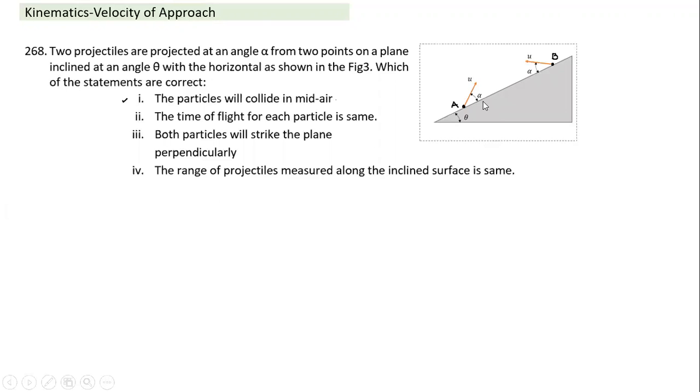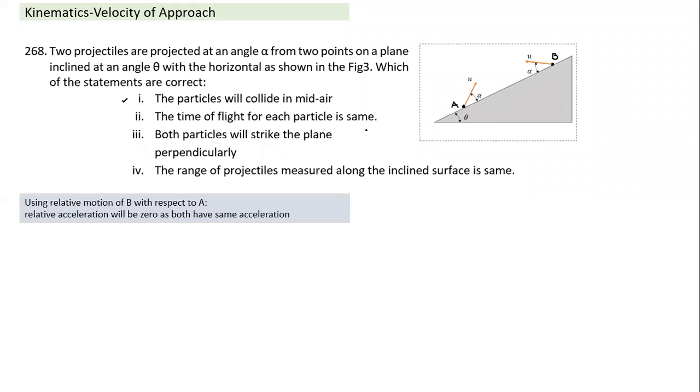And when it is relative motion, in this case, there is an acceleration also. But is there any relative acceleration in this case here? No, sir. So both are moving under gravity, so both have the same acceleration. So if you take A as a frame of reference, the relative acceleration is 0. First thing, we use relative motion of B with respect to A. So if I use this as a frame of reference, basically you just imagine you are moving with this projectile.